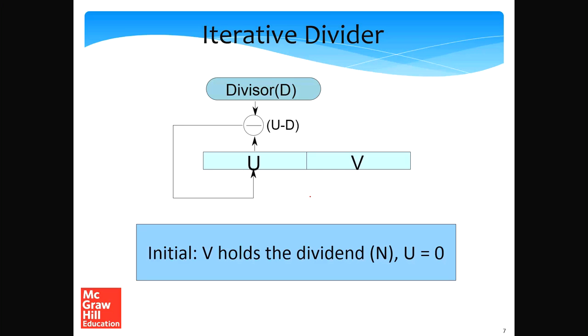So how will we actually implement it in hardware? Well, very similar to the iterative multiplier. We'll have the divisor here in D initially. We'll have 2 registers here, the same way we had for the iterative multiplier, and for the purposes of shifting, they act as the same register. Initially V will hold the dividend n, U will contain the number 0, and D will contain the divisor. Here, instead of addition, since division is repeated subtraction, every iteration will possibly subtract D from U and write the value back to the U register.